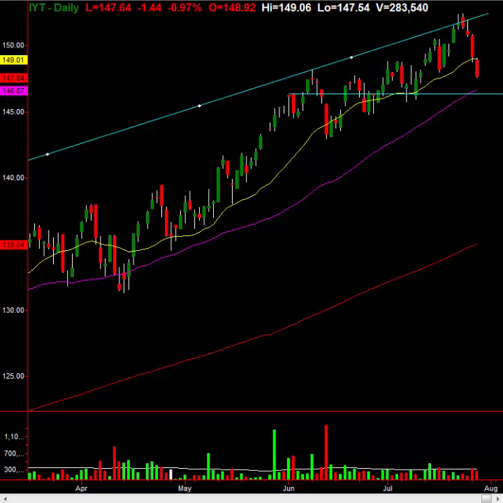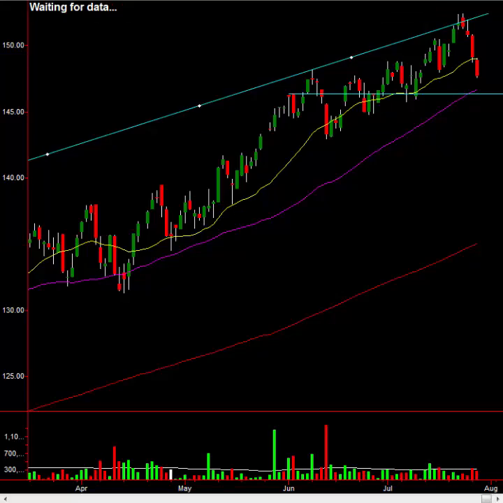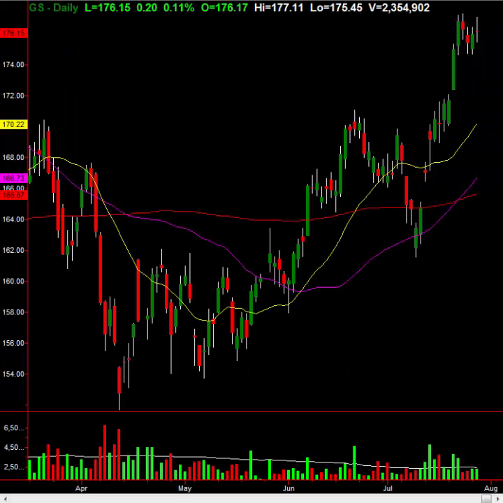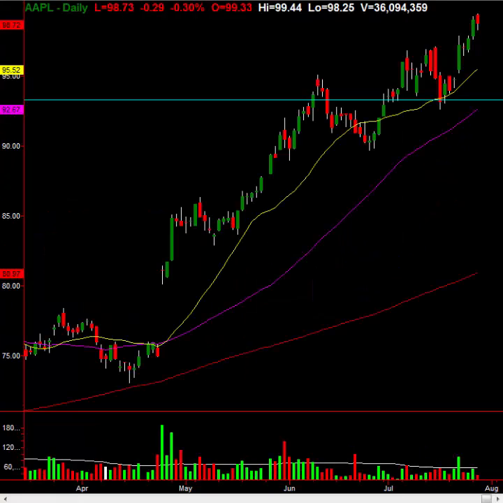And we'll continue to kind of watch this market and see how it all trades out. Let me just go to a couple other charts. JP Morgan is down slightly on the day, not too much of a drop there. Goldman Sachs is trading up. Apple is trading down slightly, very near 100. I still think Apple has a good chance to get above 100 and double top before it falls apart and comes back in. I'm looking for really 101 to 103, which would be just a little bit above that double top before we see a reversal.